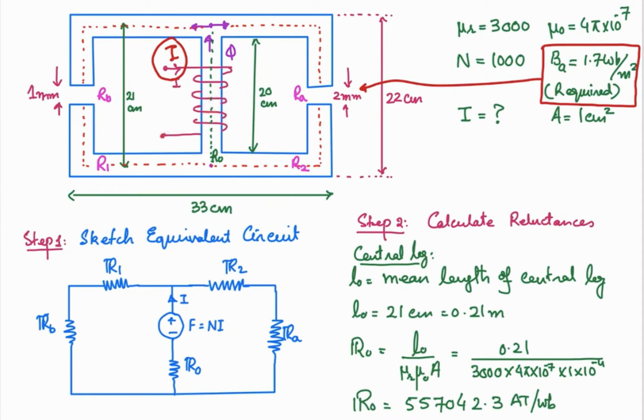So first of all, let's sketch the equivalent circuit. This will be modeled like that: F is equal to Ni, this is the magnetomotive force. Okay, and then we will have to consider the mean distances. So you will have to consider the distance,